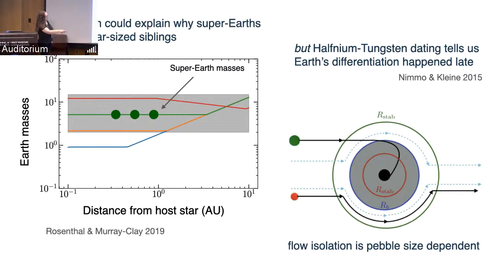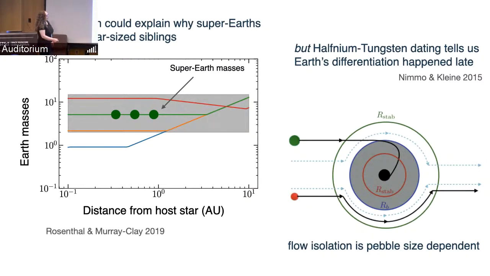Don't worry about the labels here, but just imagine that this gray circle here is the region within which you can accrete this incoming green pebble. At that radius, your green pebble can be accreted, but a little small pebble would be pulled around. It would be too well coupled to the gas, pulled around by the planet. We call this flow isolation. And if your pebbles that are around are all very small because they've fragmented in the inner region of the disk, then you can be isolated from pebble accretion even at relatively low masses at or below Earth's mass.